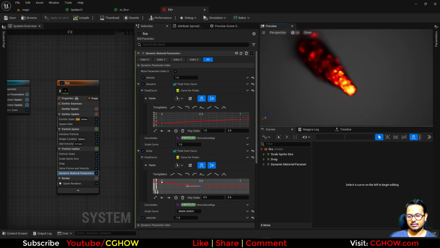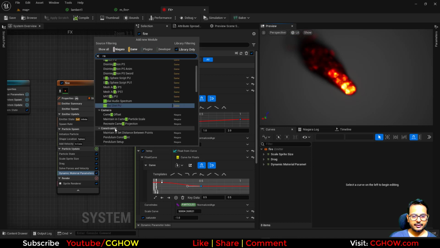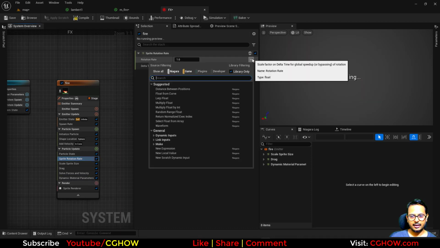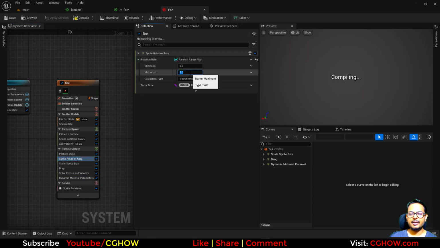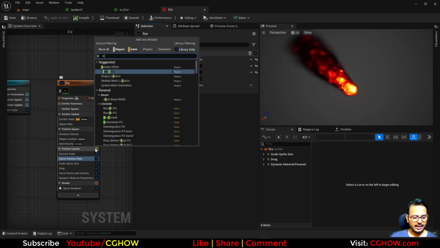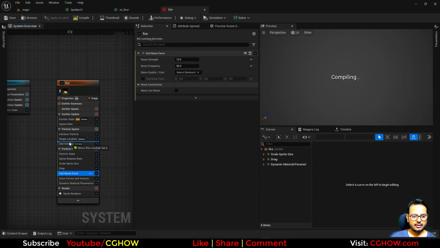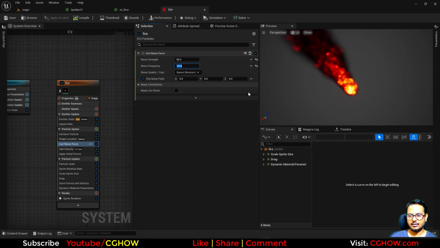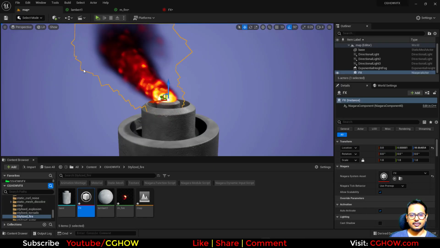Yeah, yeah. And also take the rate. Oops, not this one. Rate, sprite rotation, and randomize it also. Maybe 100 and -100. That will be enough. Slightly curl noise I will take, but in the spawn rate, particle spawn, and maybe 200, 50, 10. Yeah, and I will animate this also. Okay, so we got this fire,